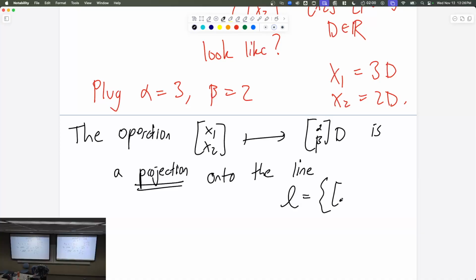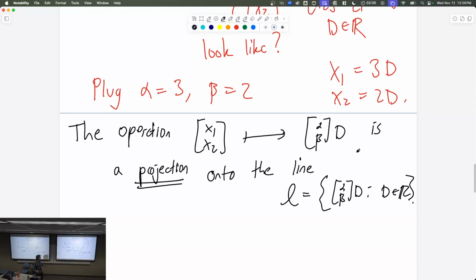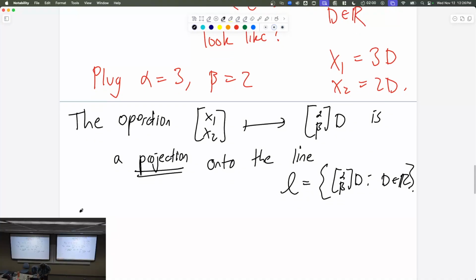And L is the set of all possible alpha beta times d's, where d is a real number. That is the line we were just talking about in the question. Okay, so in other words, we start with a point, we project it onto this line, and the value of d is some formula. The formula for d, given alpha beta, is